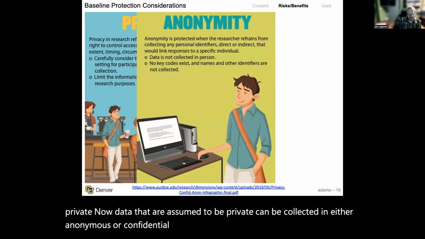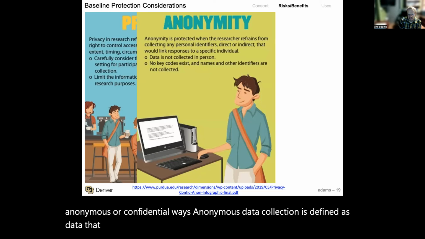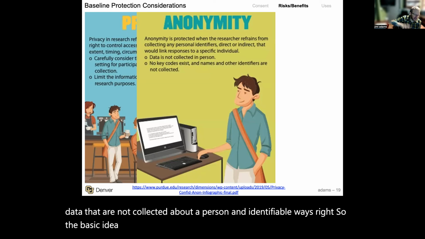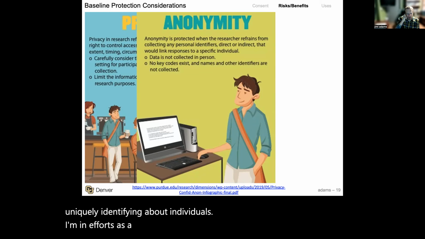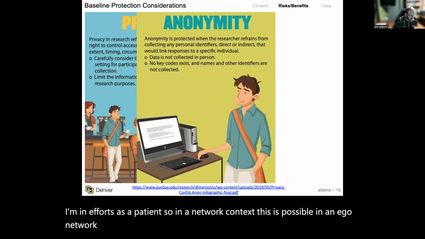Now, data that are assumed to be private can be collected in either anonymous or confidential ways. Anonymous data collection is defined as data that are not collected about a person in identifiable ways, right? So the basic idea here is that the data never even collect information that is uniquely identifying about individuals in their participation. So in a network context, this is possible in an ego network design, but we've already talked about the fact that it's not really viable in a complete network design. And so we're more often living in the space of